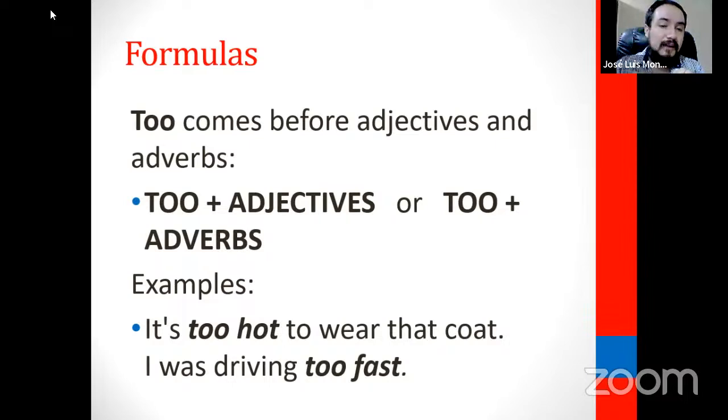Fast is an adjective, and fast is the adverb, right? Hard is the adjective, and hard is the adverb. It doesn't change. Late is the adjective, and late is the adverb. Early is the adjective, and early is the adverb. Okay, those are exceptions. But in most of the cases, you know this rule, in most of the cases, we